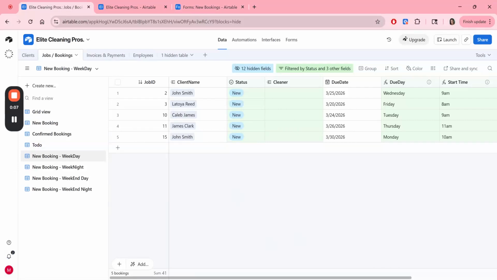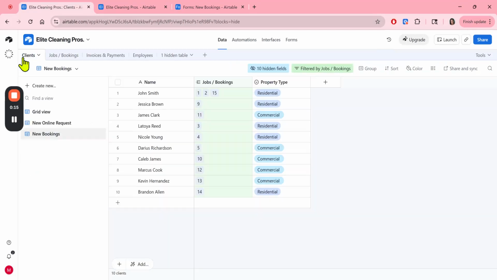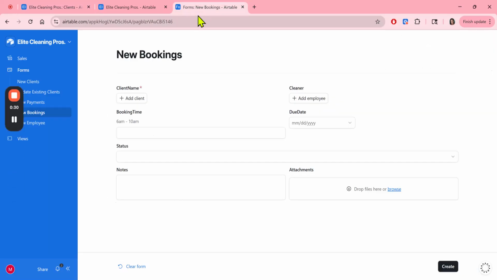And in this video, I'm going to be going over how to create automations in Airtable. Right now, I have my core tables set up. For example, for this cleaning company operations that I'm building, my core tables are client, job bookings, invoice payments, and employees. And what I'm trying to do, the first scenario that I'm trying to automate is if an employee enters